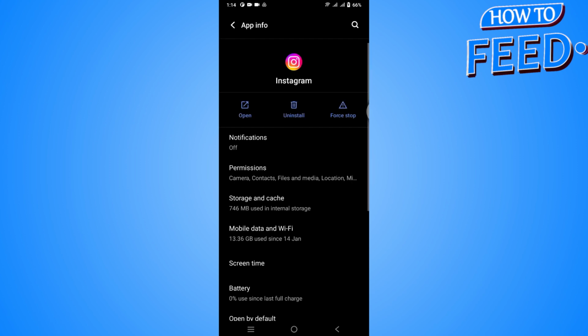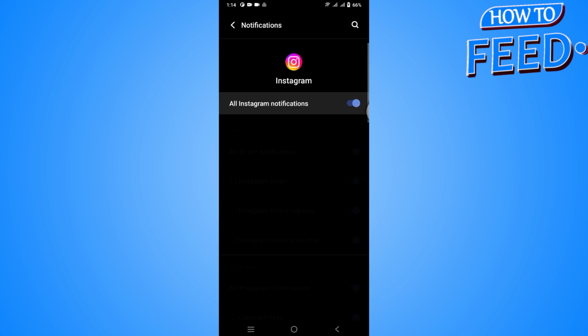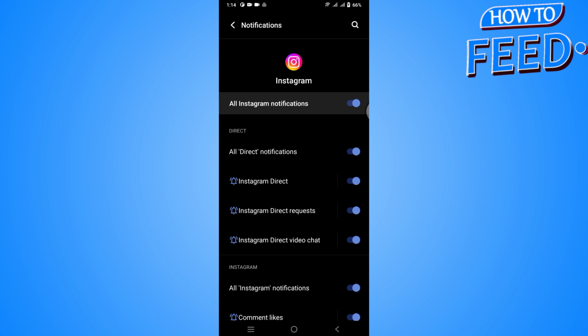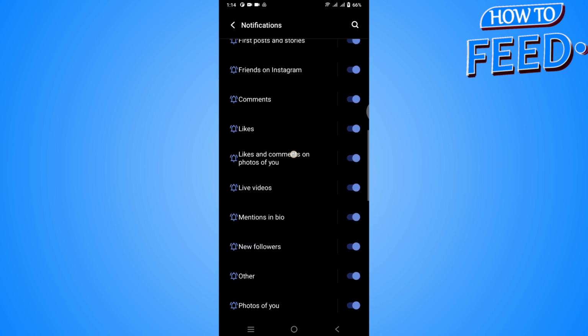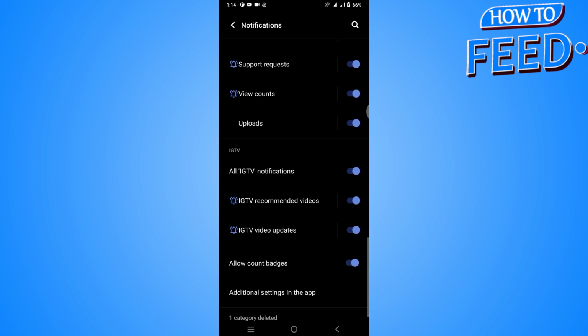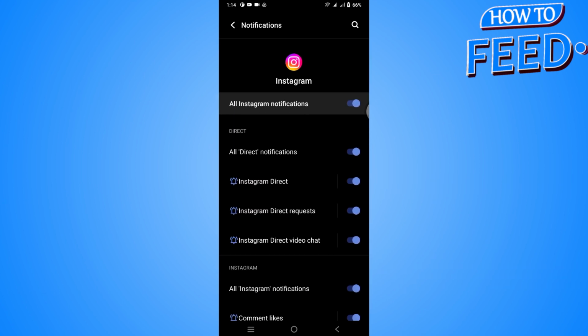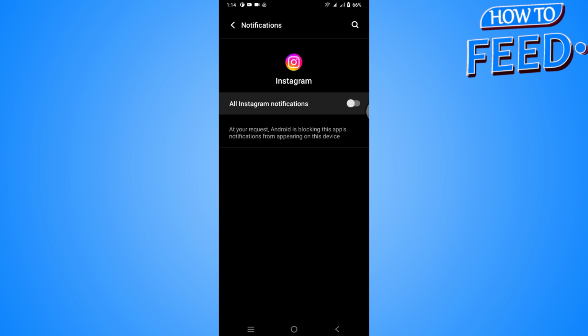Once you are here, you have to simply go for the notifications, which is on the top. Now if I turn it on for now, as you can see, I can customize every notification. Let's say I don't want to get story notifications, message notifications or any kind of update notifications. I can customize that, but the best way to get rid of all of that is to simply turn off